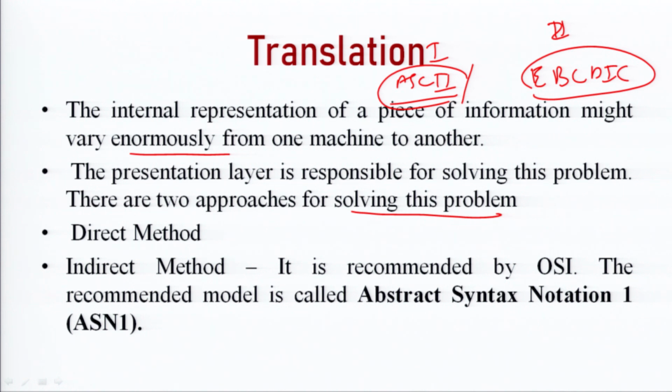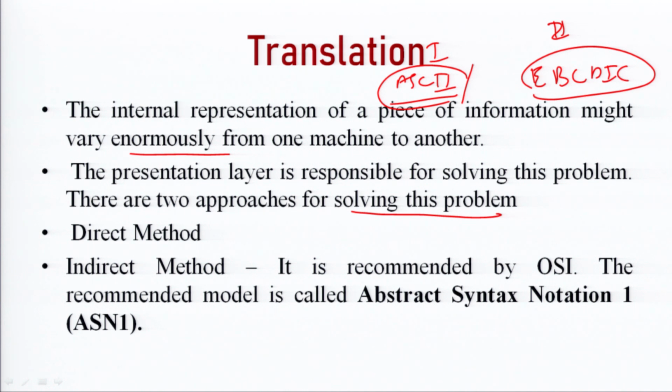and if it is done at the receiver end, then it is known as direct translation. But this method is not always useful. For example, if you are sending the message to several receivers, 100 receivers, 200 receivers, then everyone needs such a converter at their end, and if the language changes, then more problems will occur.